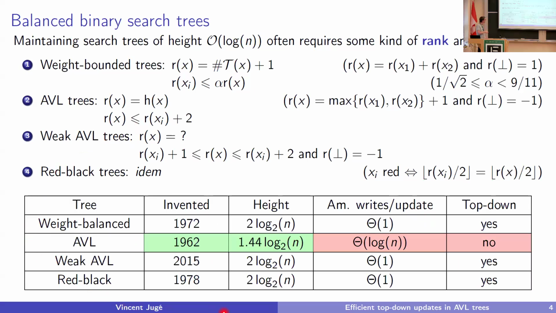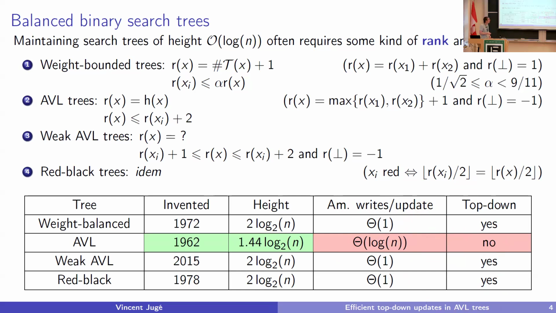So in a nutshell, here are these 4 families of trees. For instance, AVL trees are the older family, so maybe they were easier to find. And also they have the best height constraints on the trees that are in the family. So somehow we might think, oh, maybe they are better. But at the same time, if you look at the number of amortized write operations per update, or whether there exist top-down updating algorithms, the answer is crappy compared to what is true for the 3 other families